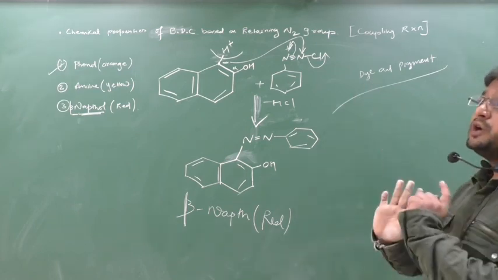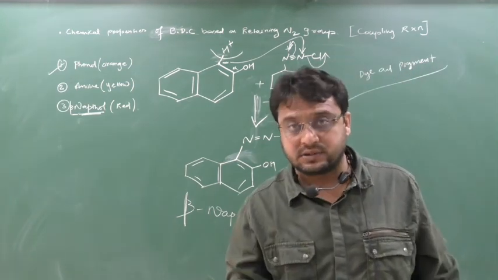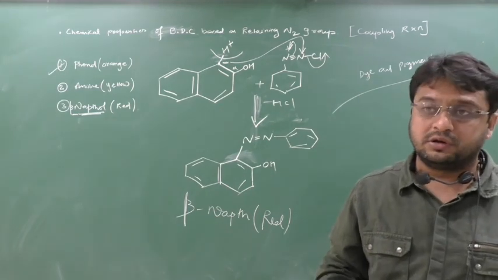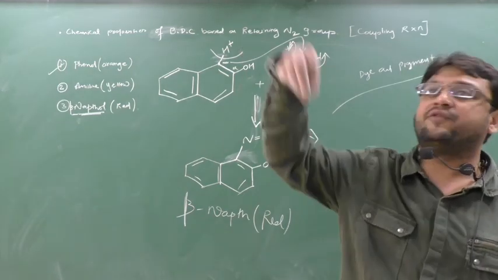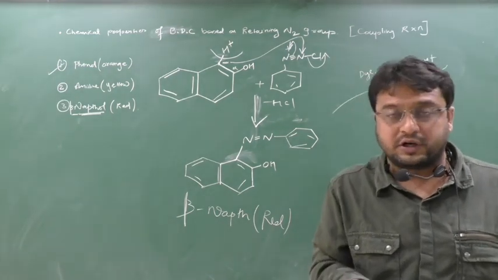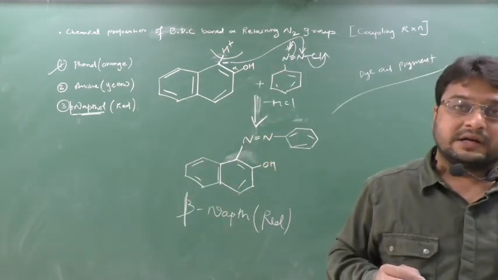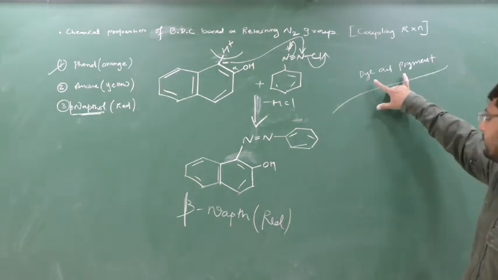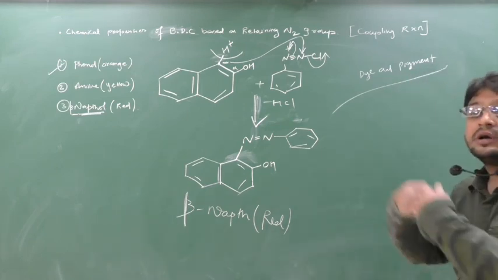Dyes are ones which can give the color to others, but pigments are ones which will not give the color to others. For example, the Holi colors which you play with are dyes, and pigments are ones like kanku and sindoor. If you put kanku and sindoor in water at your home, it may turn red, and when you put a white handkerchief in it, that solution of water will not be able to give the color to that white handkerchief. It will not give the exact color as given by the dye. So dye and pigment are both colorful compounds, but the basic difference is that a dye is capable of giving the color and a pigment is not capable of giving the color to others.